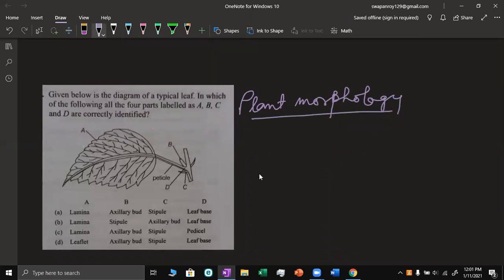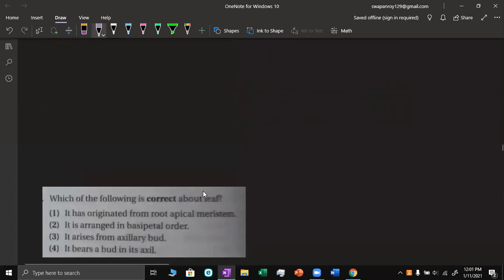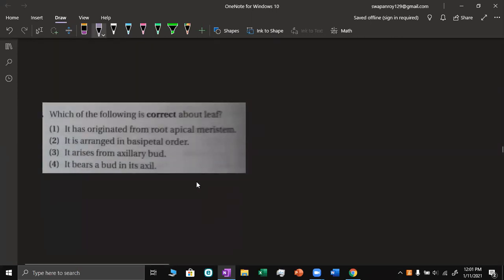Okay, I think we have done this question, no? The different parts of the leaf, right? This was done. Next question, say